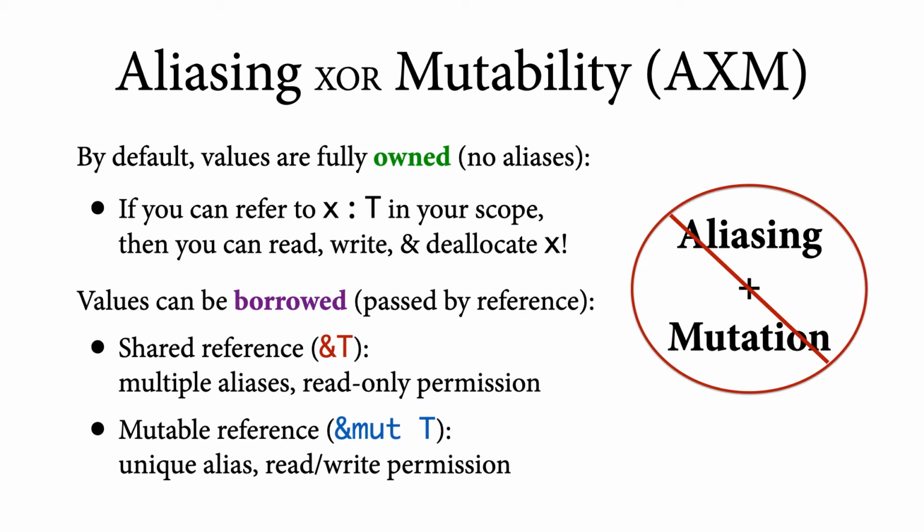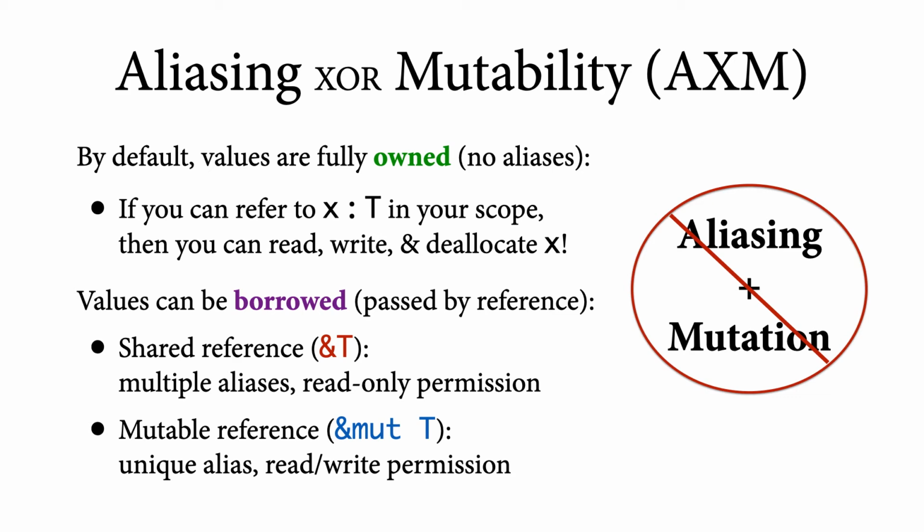By default, values are fully owned, which means that if you can refer to some value x of type t in your scope, then you know that there are no other aliases to it in the rest of the program, so you can read, write, or even deallocate x without worrying that you're creating dangling references or data races or things like that. However, if you want to create aliases to a value, for example to pass it by reference,